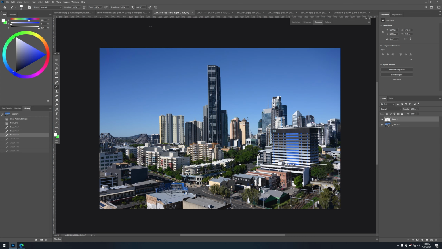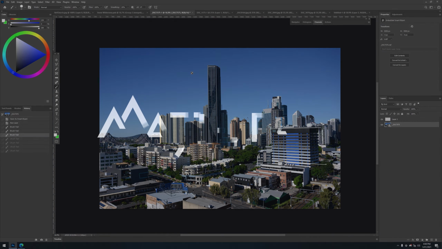So let's just start by trying to combine two of these images. So I'm going to select this